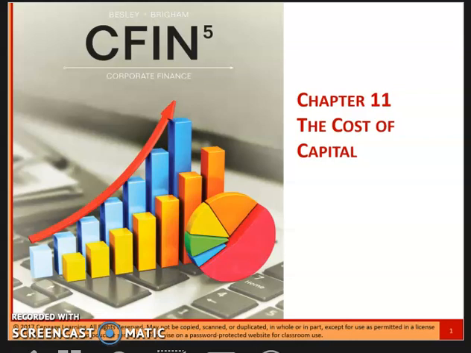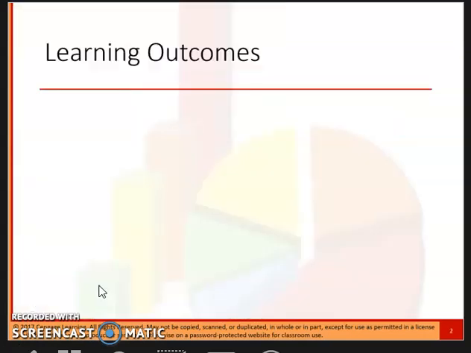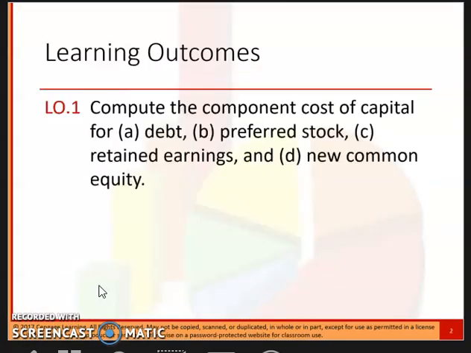Chapter 11, Cost of Capital. Chapter 11, like Chapter 8 and 9, is a chapter where you're going to employ a lot of the concepts that you learned earlier in the semester. So we're gonna talk about the components of a company's cost of capital: debt, preferred stock, retained earnings,